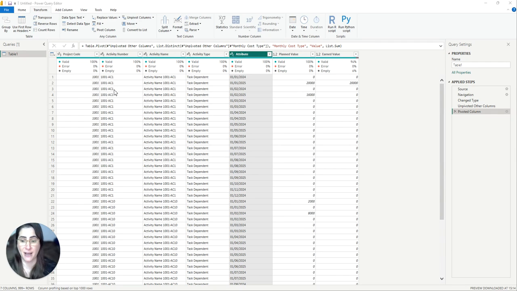I now have columns for project code, activity number, activity name, activity type, and the attribute column, which we can actually rename to Month. So I'm going to just call it Month. And then we have columns with planned value and earned value. Power Query is a game changer for working with P6 data in Power BI. By unpivoting time phase data and applying other transformations, we make sure that our project reporting is more dynamic and